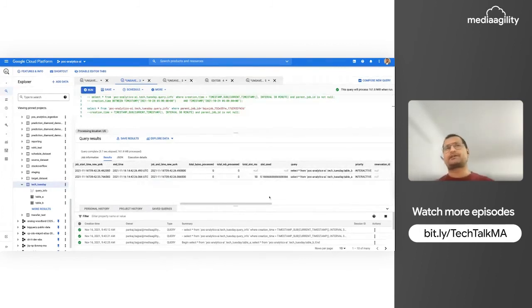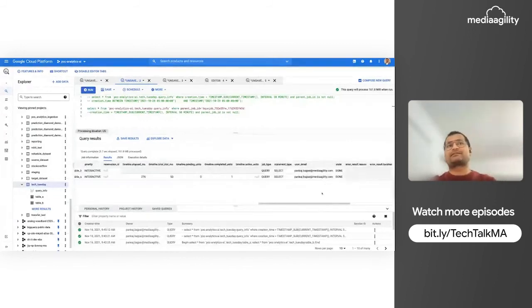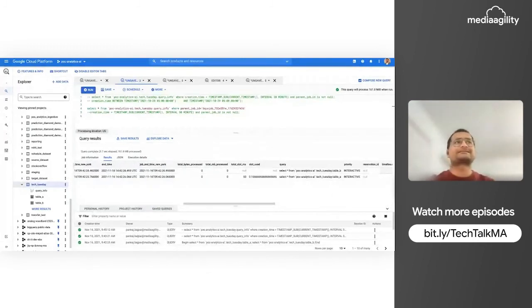The third thing to figure out is, you are running thousands of queries, and suddenly you are getting a quota error. Let's say you are getting an exceeded rate, too many insert rate error. That basically means that if you insert too many queries beyond that rate, you will get that error. Now, when you come here, you can find such similar queries, and you can check where error is not equal to null. So you will get a lot of errors here, and then you will figure out that, okay, this is my query, this is the table which is getting too many inserts. Now let's either put it into streaming, or let's try to slow down, or maybe add a retry mechanism.